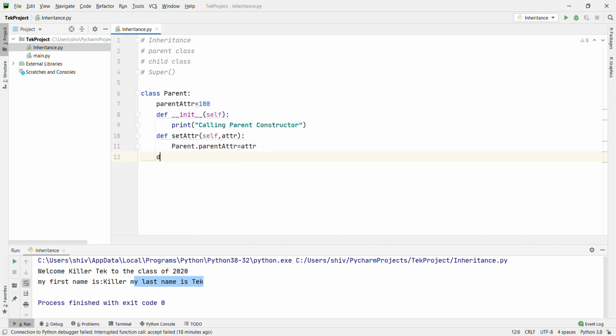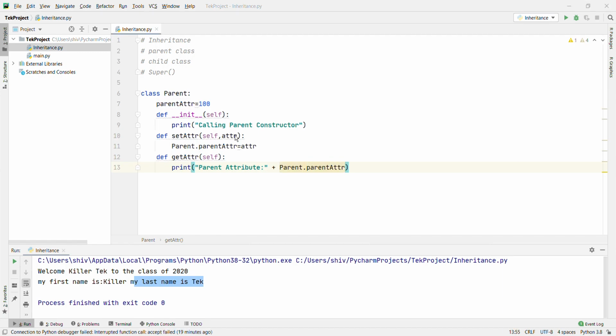Now we are going to get the attribute, get attribute. What we have to do is print "parent attribute" plus parent dot parent attribute.